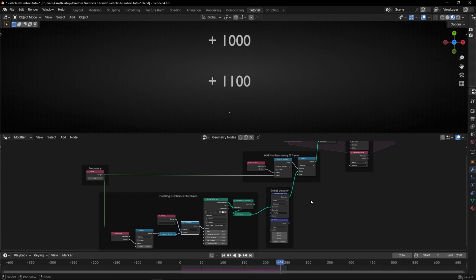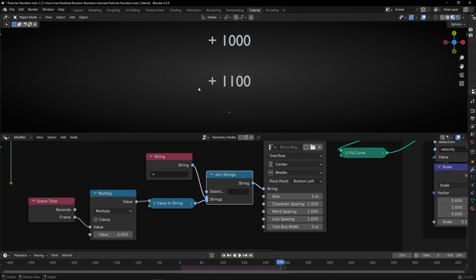So to do this, what we're going to do, for now I'm going to delete the characters because we don't